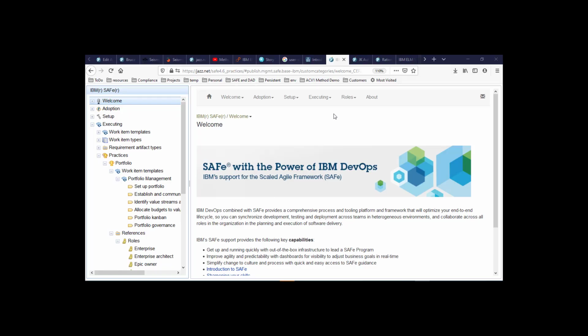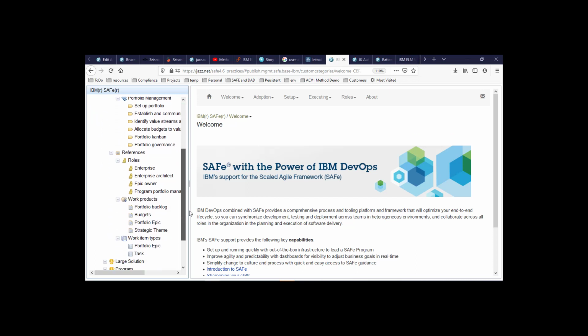This is the SAFE 4.6 Practices website, published with Method Composer and hosted on jazz.net. You can see the standard types of Method Composer. We can see some tasks like Setup Portfolio, roles like Enterprise Architect, work products like Portfolio Backlog, but we also